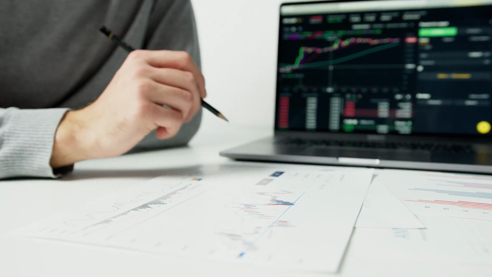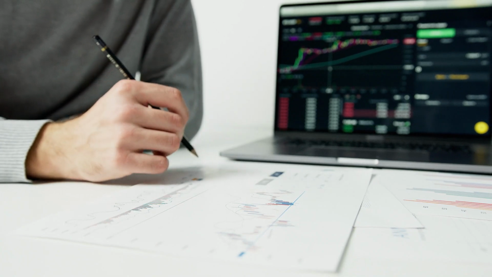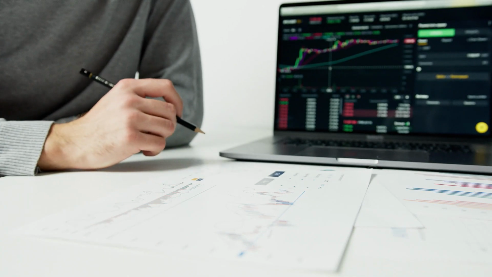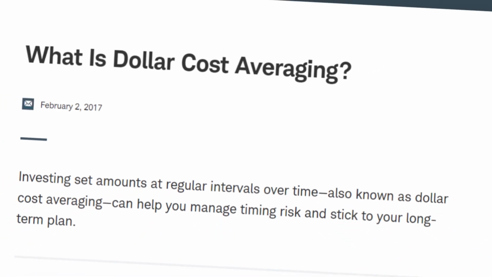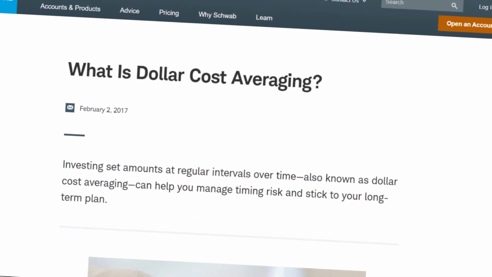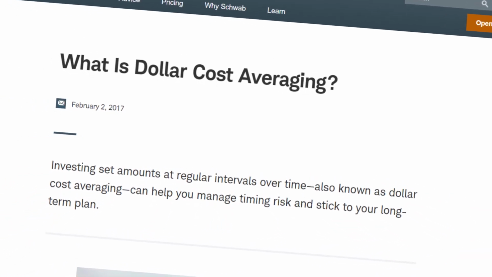Even experienced investors who try to time the market to buy at the most opportune moments can still come up short. In reality, when you try to time the market, that means you have to be correct on two occasions. One is buying when the market is low, and two is selling for a profit when the market is up. However, dollar cost averaging is a strategy that can make it easier to deal with the uncertain markets by making